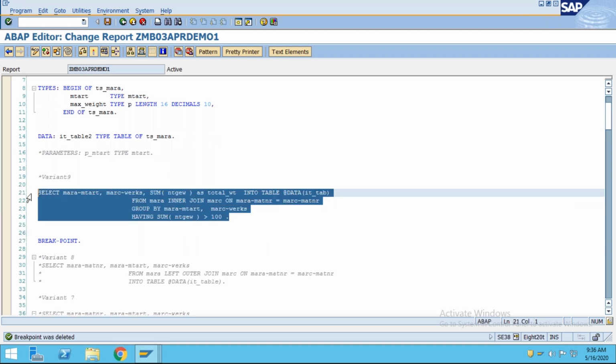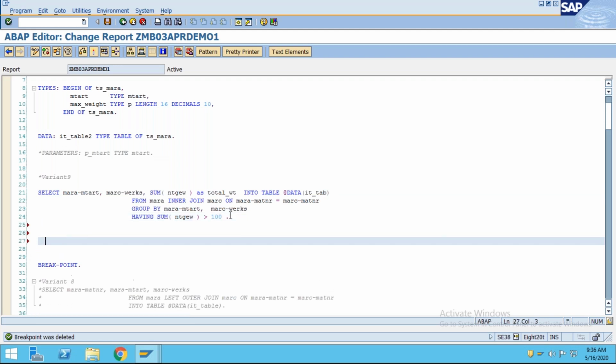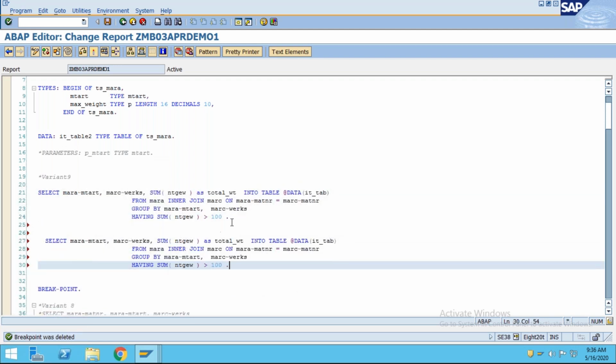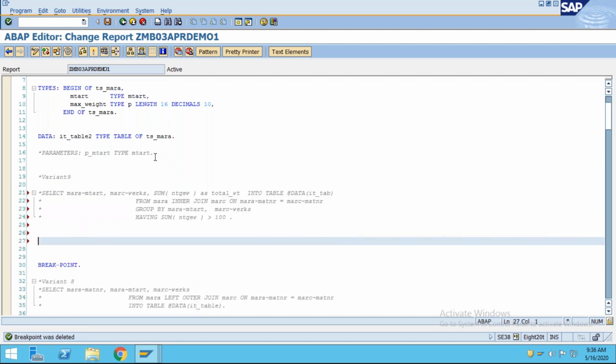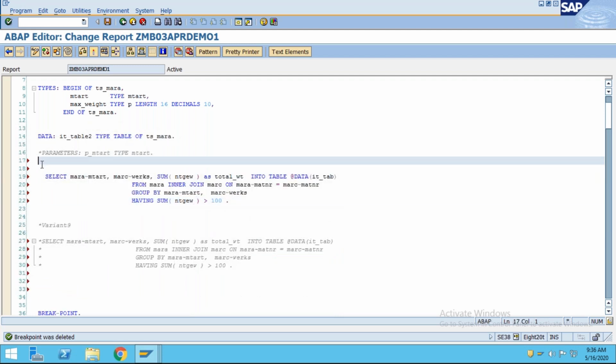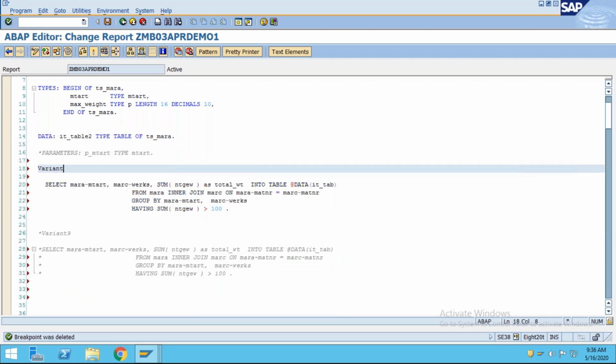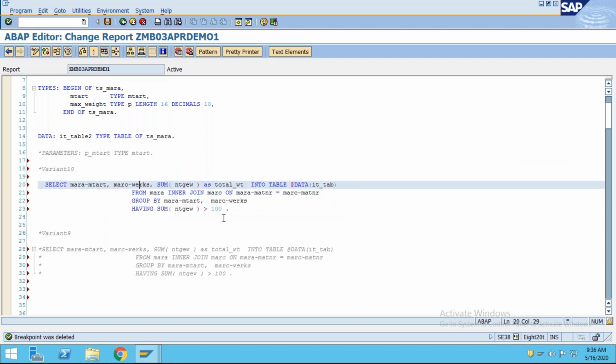You can also use the subquery inside a query. How to use that? For example, suppose this is variant 9 and I'm going to show you variant 10. Comment it. And what is my requirement? I want to select only those data for which plant exists. I want to get only those material numbers for which plant exists. So one thing is that you can use the inner join, right? You can use the inner join. That is one thing. Another thing you can do,